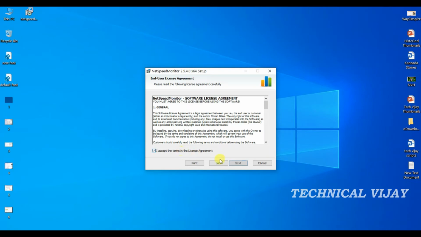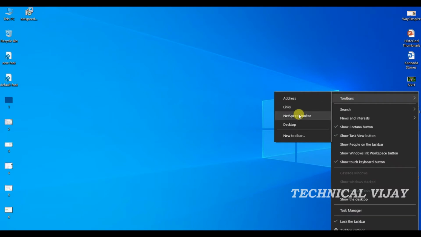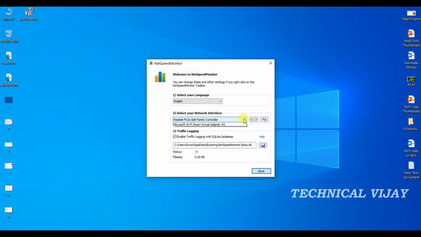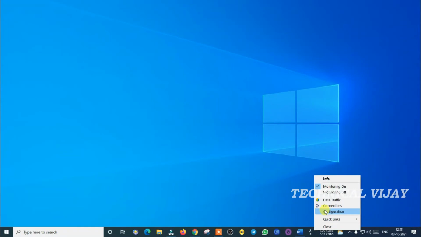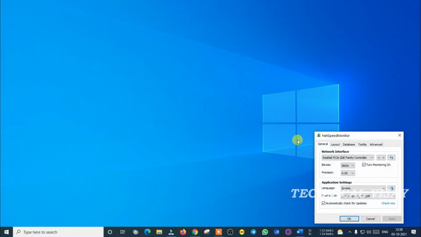After you install the tool, right click on the Windows taskbar and select the toolbars from the available options. Click on the NetSpeed Monitor to enable it. As you select it, your internet upload and download speed will automatically start showing in the taskbar at the bottom right corner. As it was in my case, it is likely that NetSpeed Monitor will be stuck at 0 and won't display any speed, even if you are connected to the internet. In that case, you can fix it as shown now.